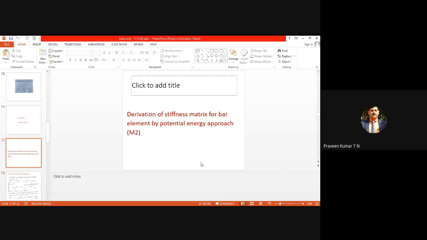Finally, the stiffness K is given by F by Y. That's a physics definition. We are not doing any new concept. You are not applying any new concept in finite element analysis. What are the subjects you studied? All those equations you are putting in the proper form, finally writing each and every equation you studied in different subjects in matrix form. Once it is written in matrix form, writing the program will be easy. That's the main purpose of studying the finite element method. In the finite element method, you are not studying any new engineering concept. The engineering concepts you study are from different courses and subjects.